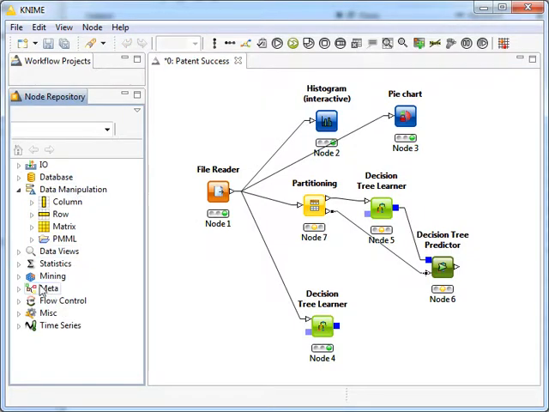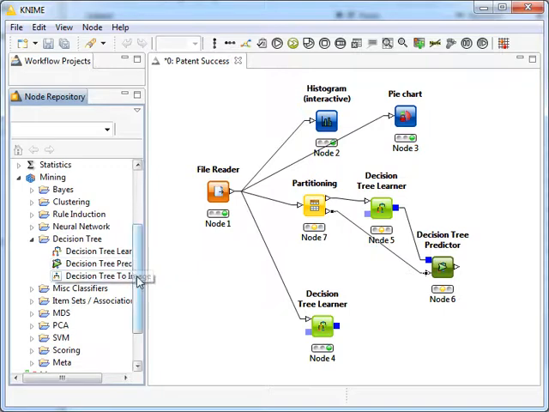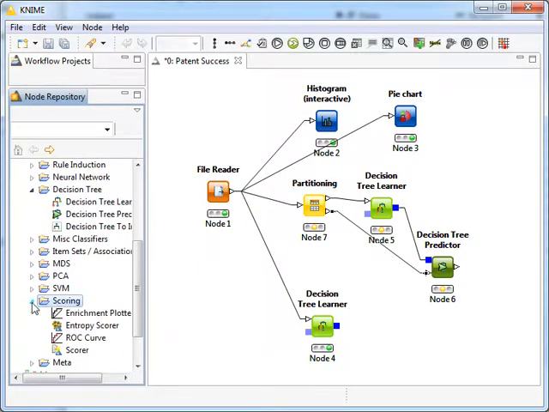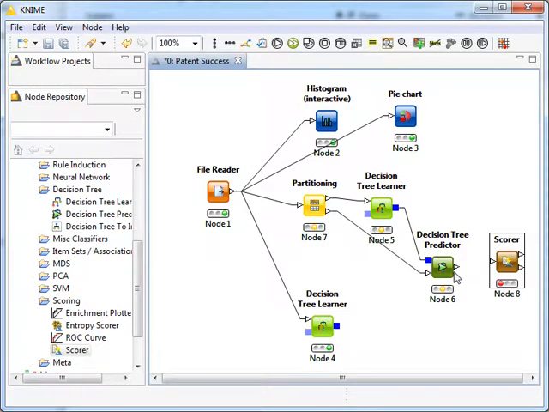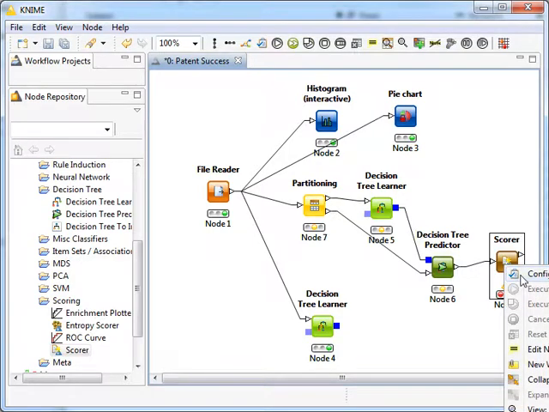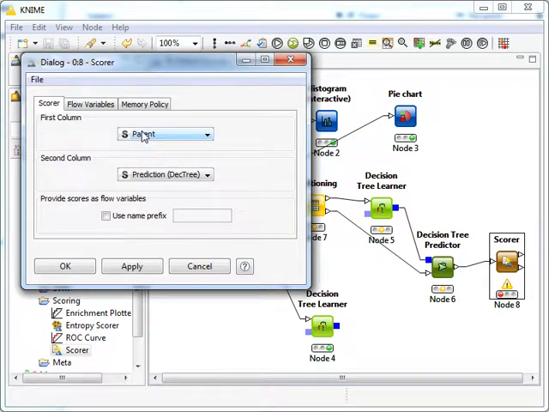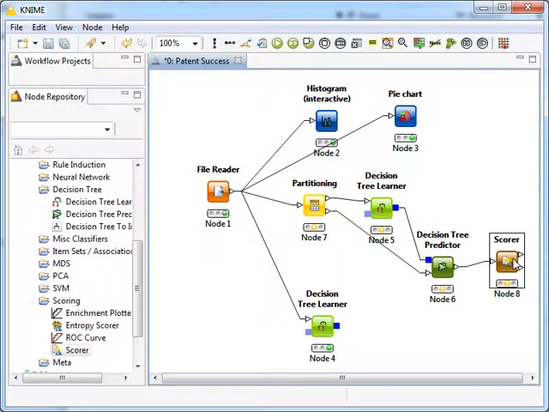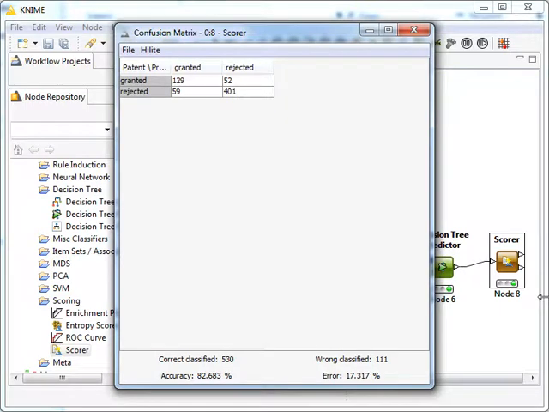So the last thing I need here then under mining, and you do get used to this layout after a while, is I want to drop in a scoring node. And a scoring node is just going to say, how well did you do? So I right click, configure, and I want to compare the actual value of patent to the predicted value of patent from the model. So that looks okay. What I can do now is execute and open this,